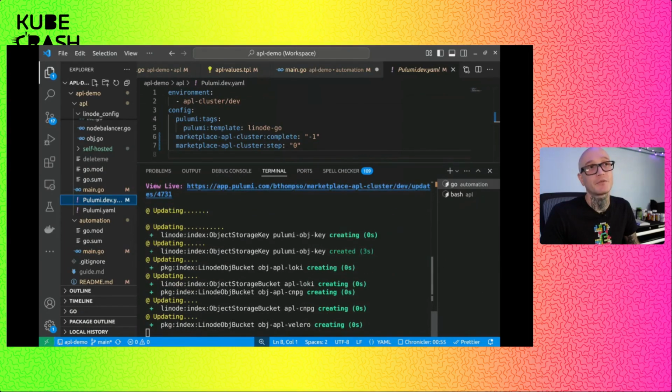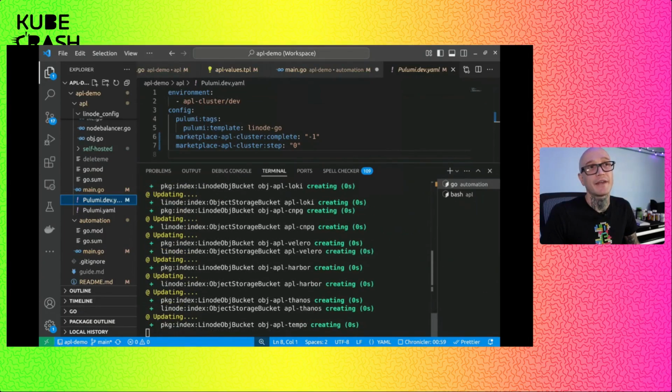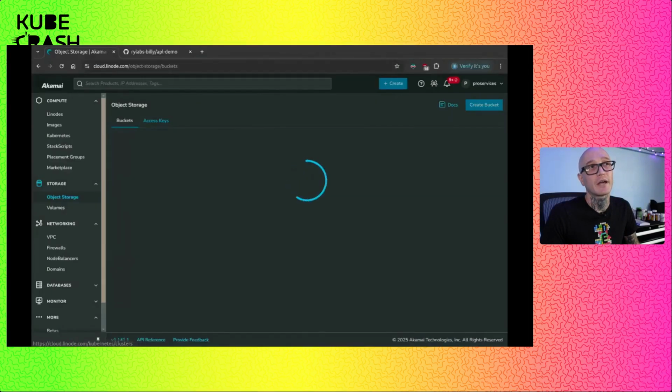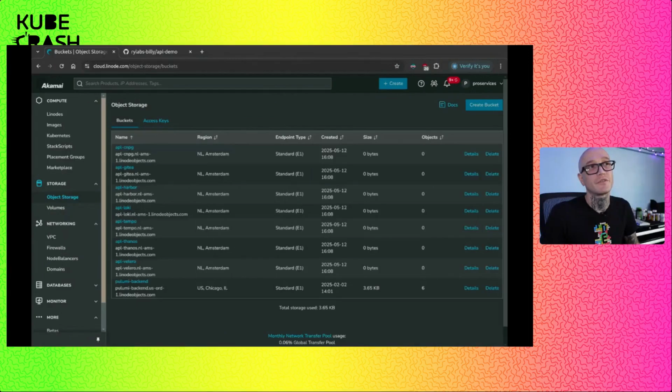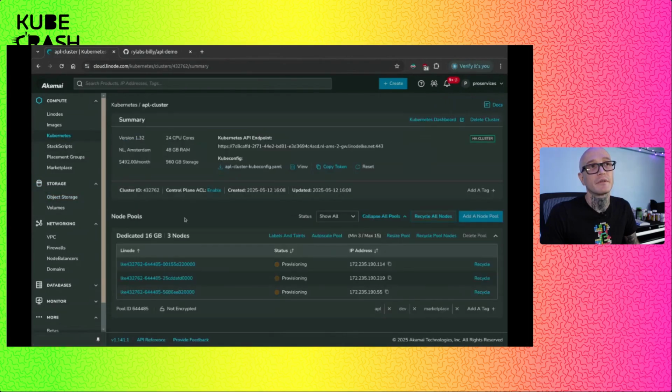So we can see those resources starting to create here. And then if we look over at the Cloud Console, we should see there are the object storage buckets, as well as the Kubernetes cluster is provisioning, looking good.